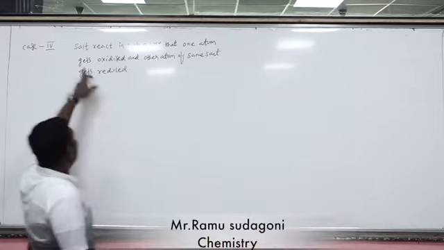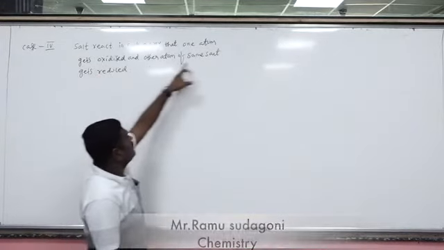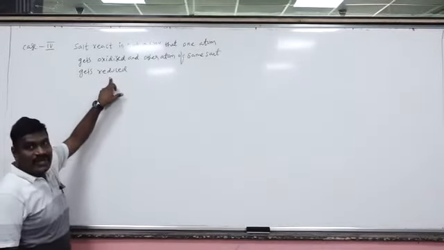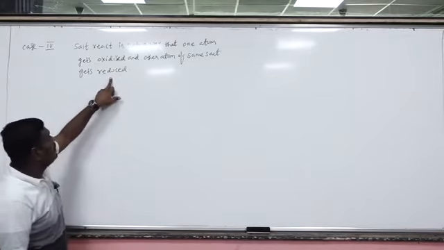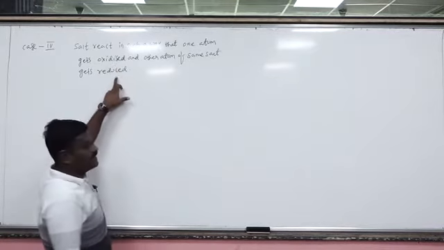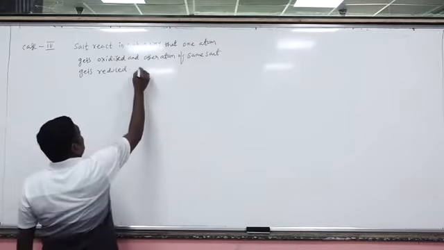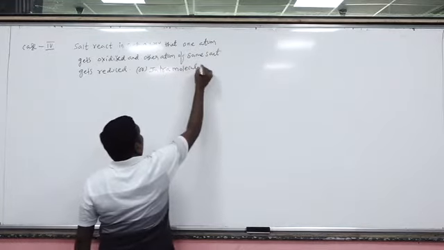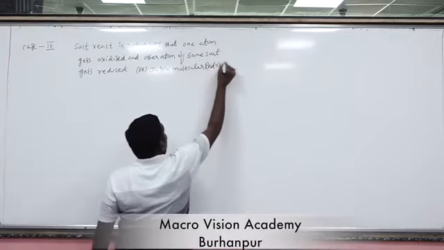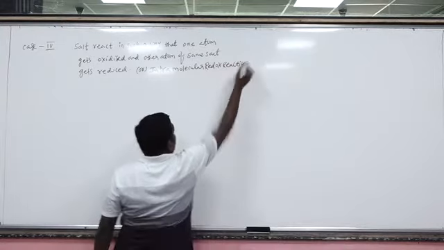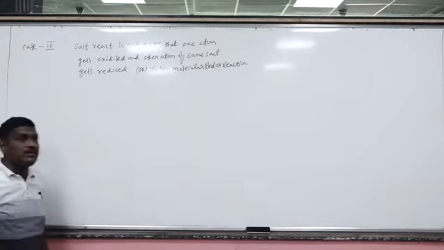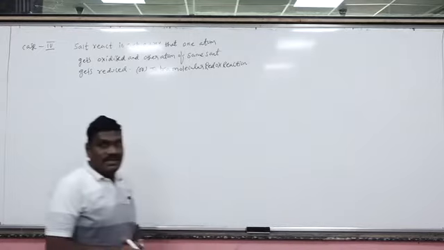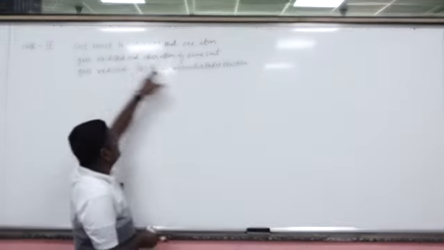Same way that one atom of the salt gets oxidized and another atom of the same salt gets reduced. That means in the same compound, two different atoms undergo change in oxidation number by oxidation and reduction. Okay, this is also known as an intramolecular redox reaction. In the sense, in the same compound, two different atoms' oxidation number changes by oxidation and reduction.